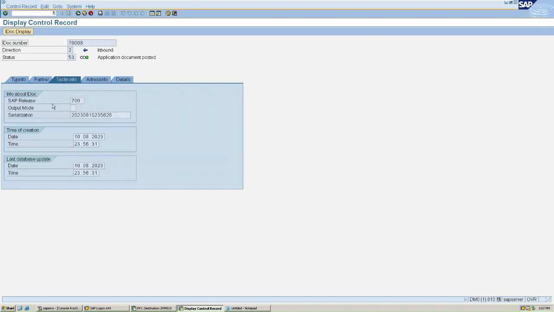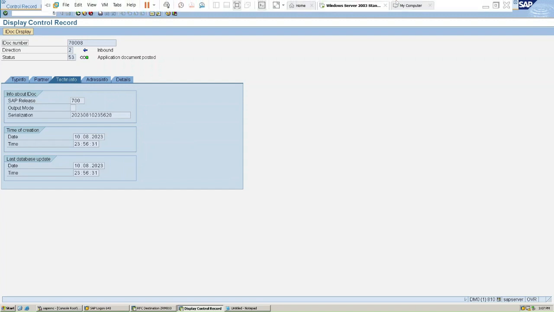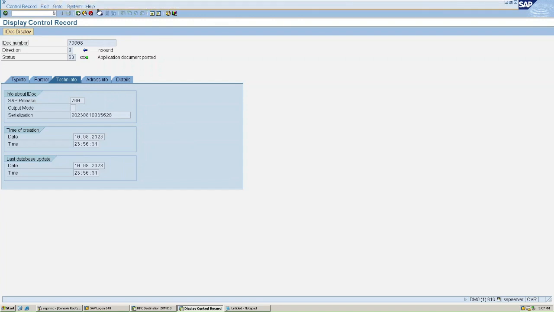And technical info. In the technical information, we see through which medium it is going to transfer, which SAP release it is going in, and the time and date when it was created and when it was last updated in the database. So all these details can be seen in the control record data. Okay,